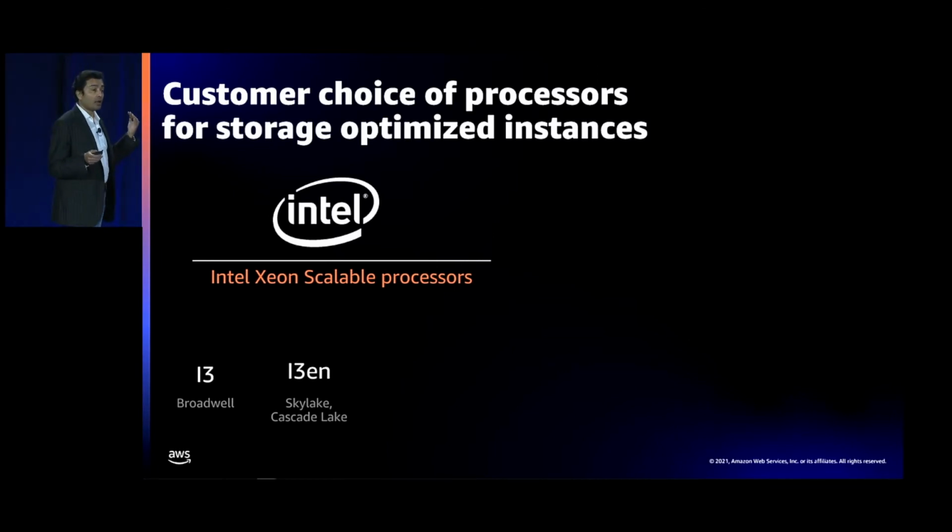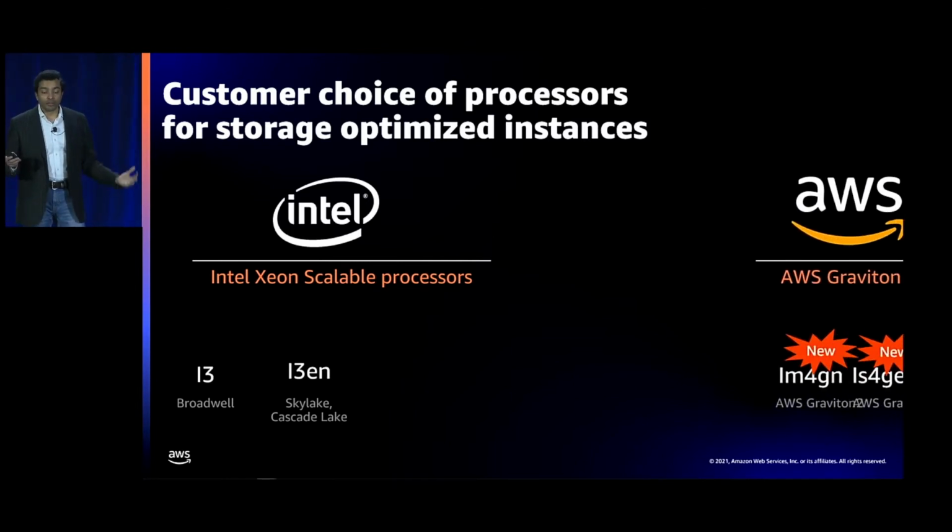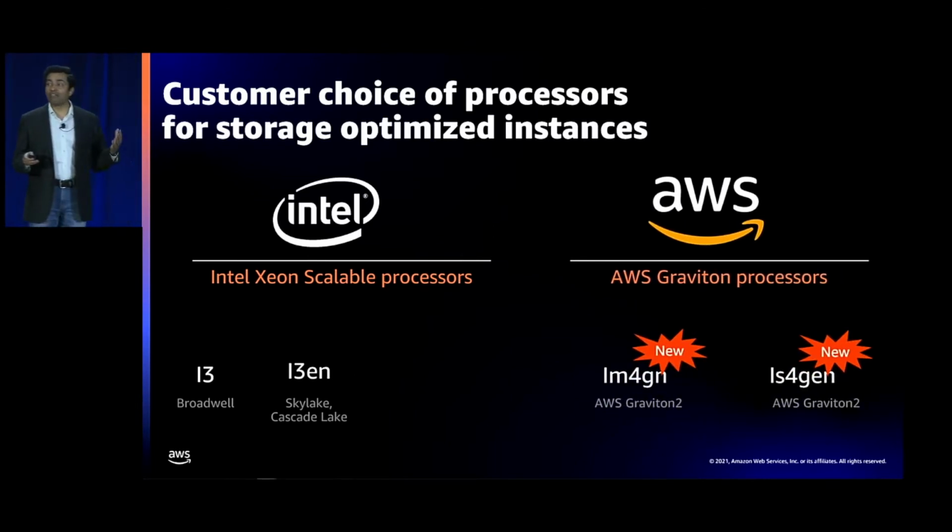That said, we have been getting a lot of customer interest in Graviton, and we already have Graviton instances with local HDD and local SSD, the Graviton disk variants, and customers have been using them for their high-performance cache file use cases, and they've been really happy with it. These customers also have additional use cases like databases, indexing, and search workloads, where they need higher compute performance and higher storage performance. And that is how the whole idea of enabling an NVMe SSD storage instance with Graviton came about.